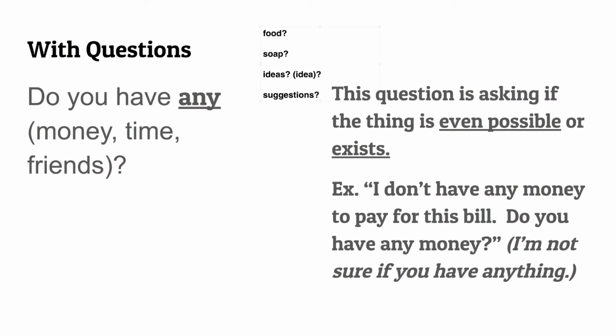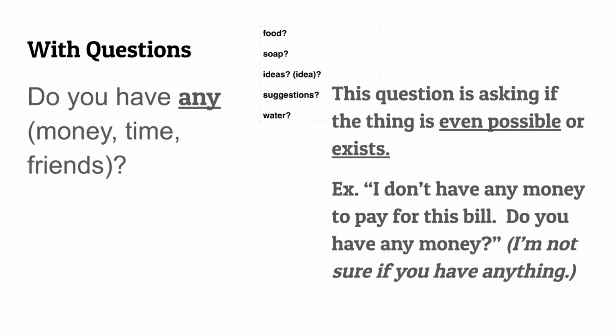Who could give us one more? Okay, Rena. Water? Yeah. So any liquid? Do you have any Coke? Do you have any Pepsi? Do you have any tea? Any coffee? Any problems? So again, the idea is we use the word any in questions because we're not sure if you have anything, if it's even possible that you have this. So the first thing we need to remember is that when we're making questions, if we're not sure if it exists, we would use the word any. In this case, that would be part of the question.